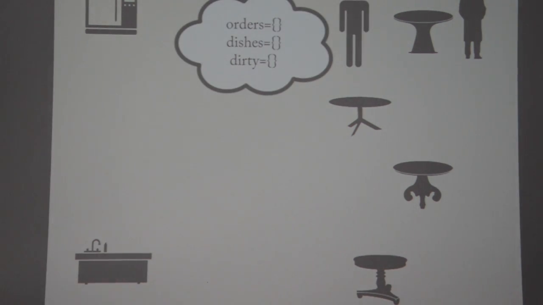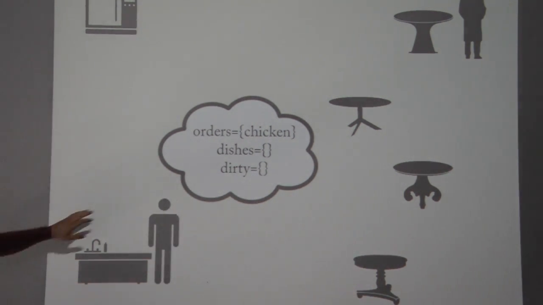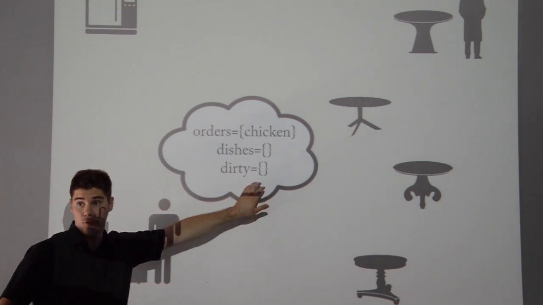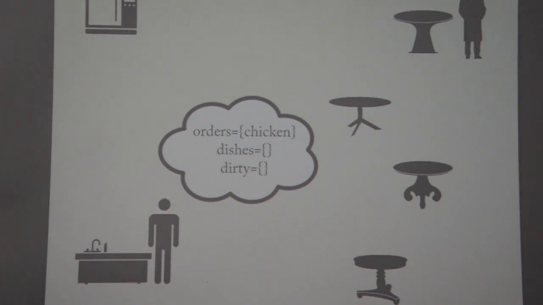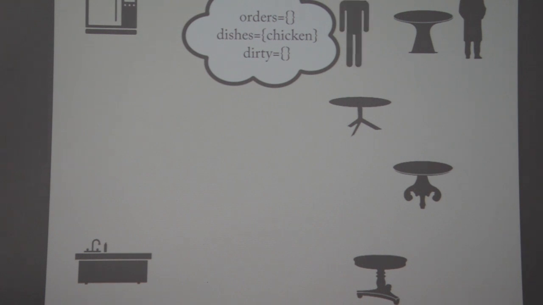And so what he did, he decided, OK, I'll go to this first table, and I'll take my order. And it turned out that the order was chicken. OK? And at this point, he went through all the other tables, and he saw there's nothing else to do. And he walked to the dishwasher. At this point, his dirty set is empty. There's nothing to wash, so he doesn't do anything at the dishwasher. He just continues to the microwave. And at the microwave, he sees the order is chicken. He takes some frozen chicken, warms it up, and brings it to the client. And then the client quickly eats it.